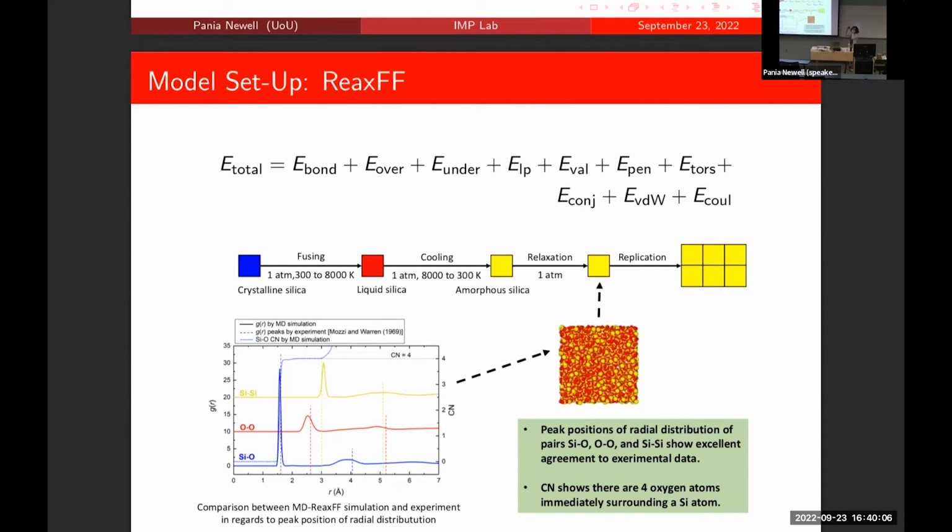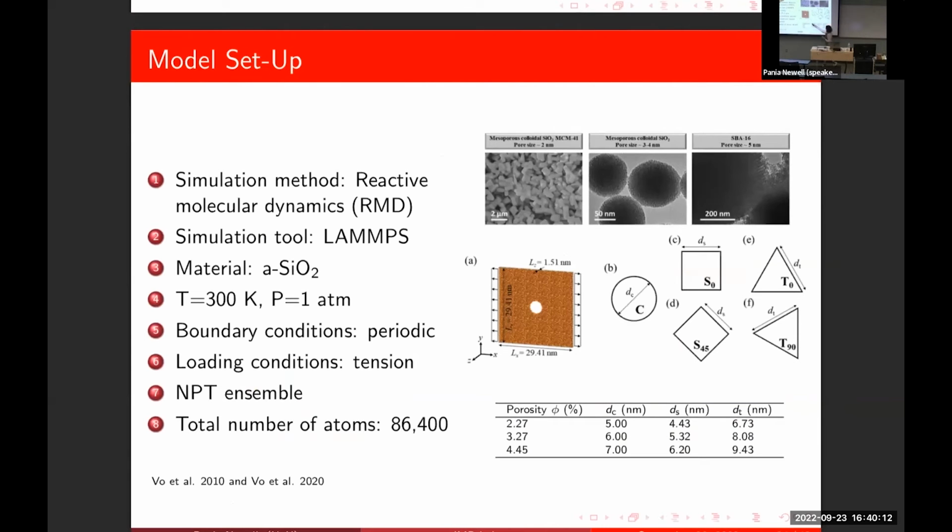So these are unit cells. Now we stack them on top of each other. We create the structures so that it goes back to the size of these structures. Each of these is a stack of unit cells. And now we need to create a porous structure, so we need to remove atoms from the center to give us these locations.